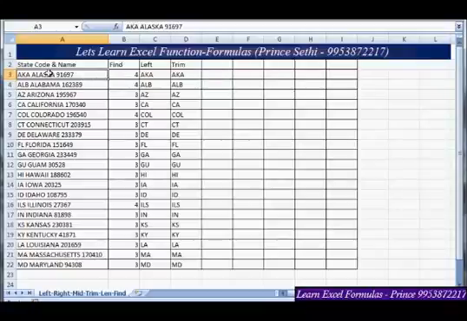Right now I want the name of that particular state, so I have to use the mid function. How does mid work? First of all I have found the first space, and now I have to find the second space also, so that I can fetch the text in between. For that I'll use the find function once again. I have to find a space, but if I start here, it always works from left to right, so it will find the fourth space again, which is not what I want. I have to find this particular space.